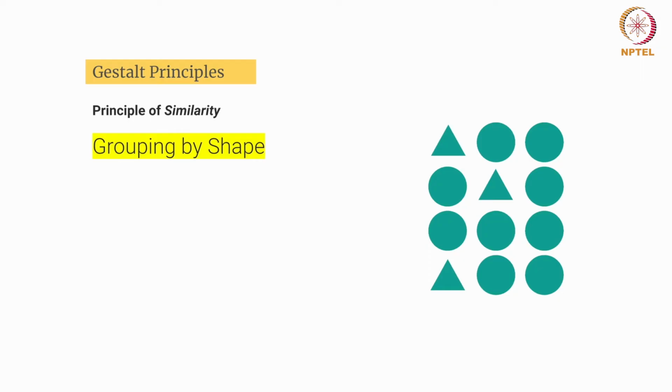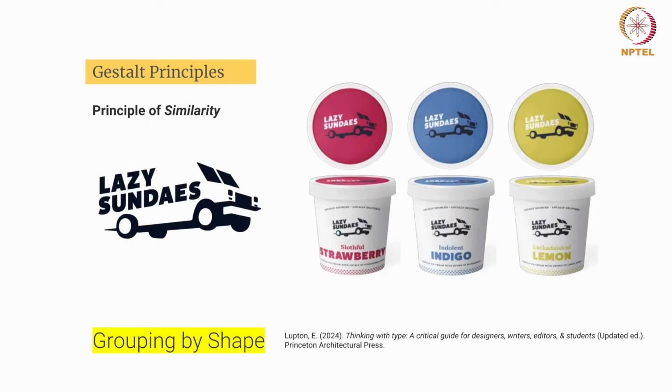So we have to be careful, equally careful, how we look into this and how we execute this in a much better way. I think we have discussed this logo in the previous segment, in terms of closure, and now we are looking in terms of similarity. If you see here, the logo has been replicated in different flavors, and based on the flavor, the color has been defined.